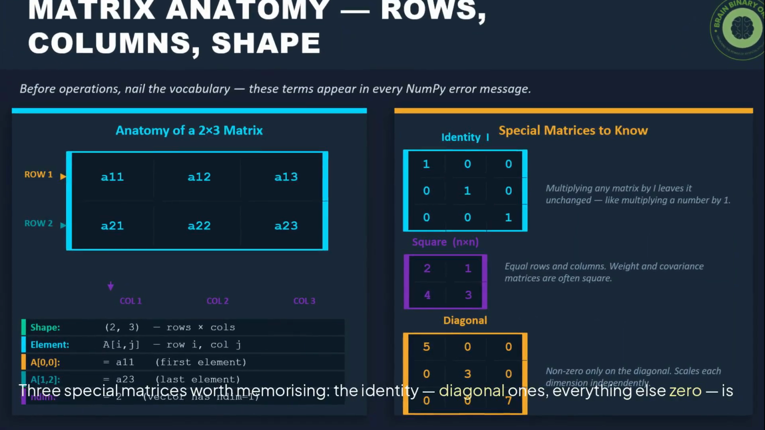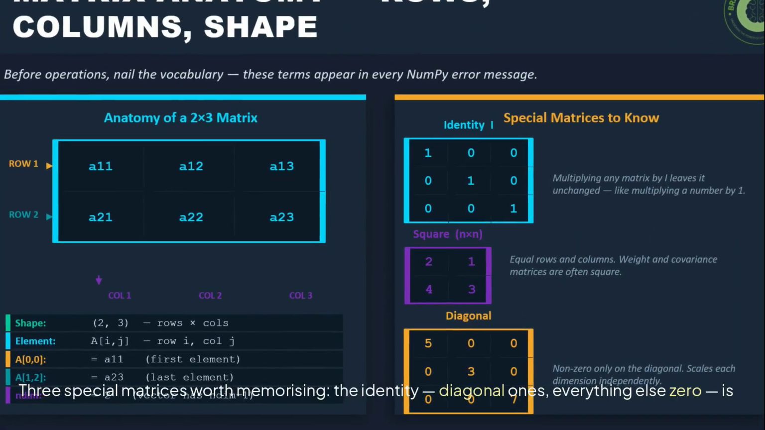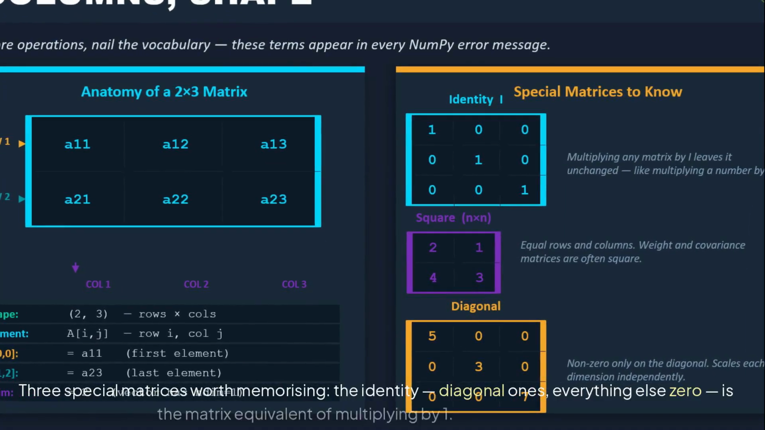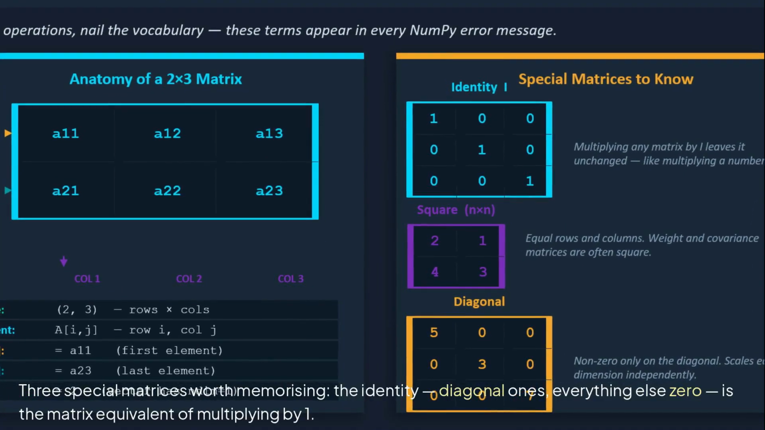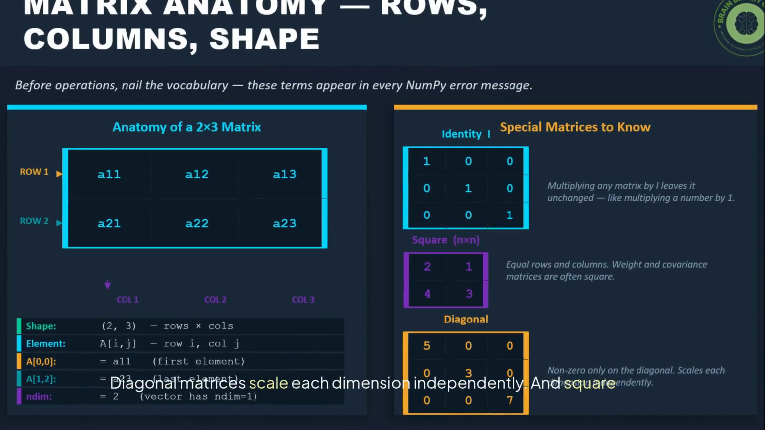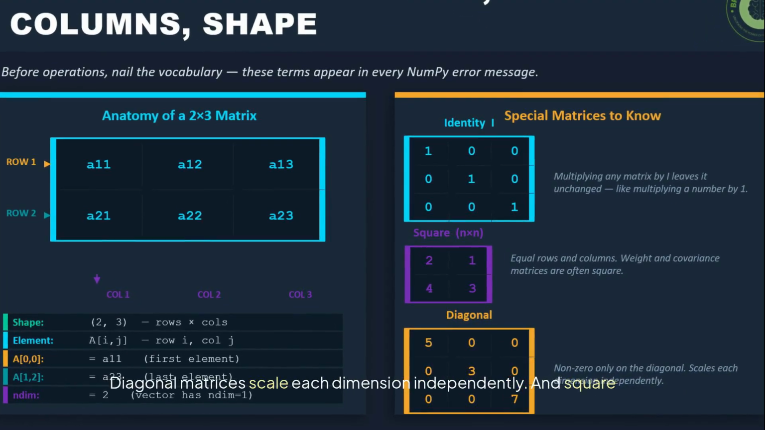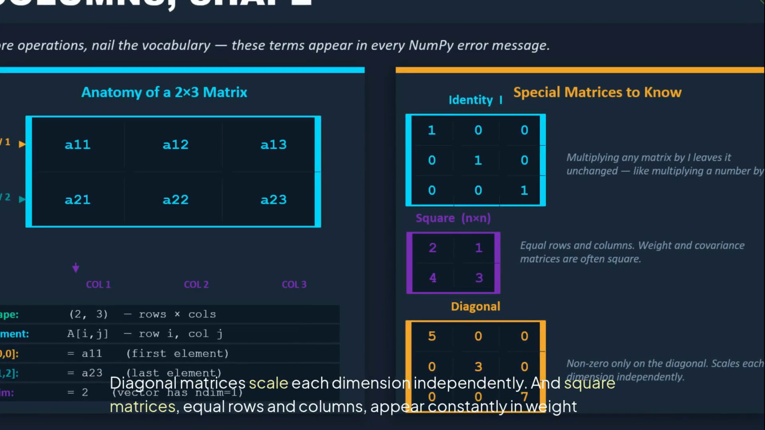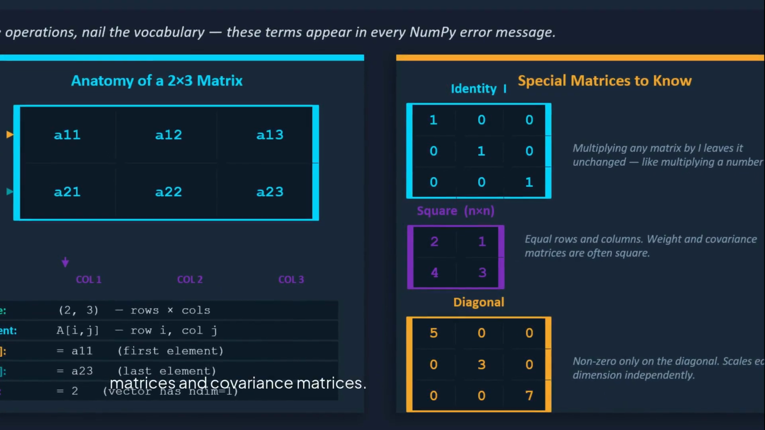3 special matrices worth memorizing. The identity, diagonal ones, everything else 0, is the matrix equivalent of multiplying by 1. Diagonal matrices scale each dimension independently, and square matrices, equal rows and columns, appear constantly in weight matrices and covariance